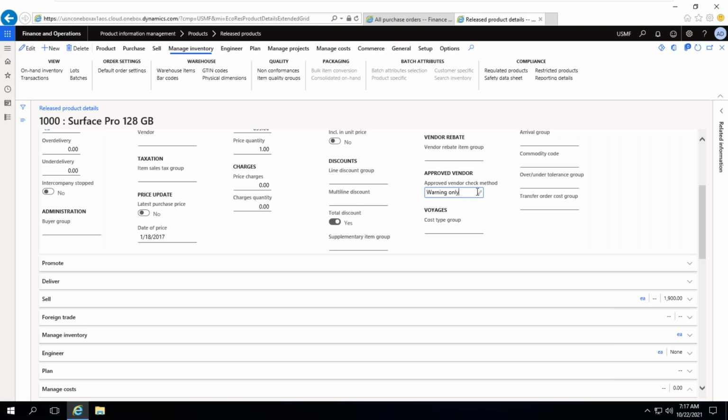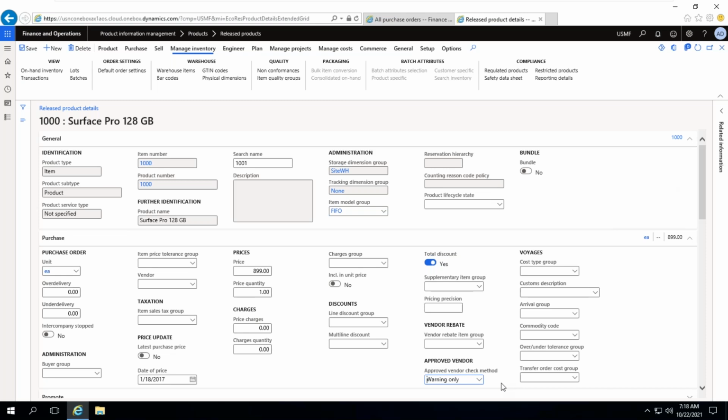So there are three options. Look at this one. You can edit this tab.